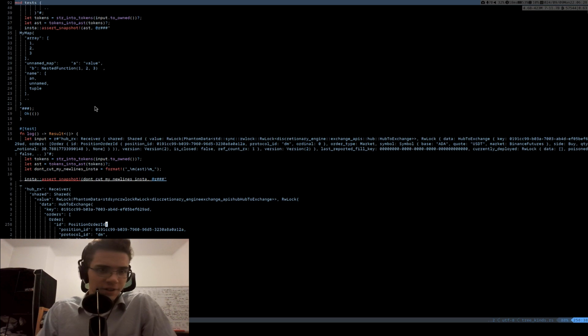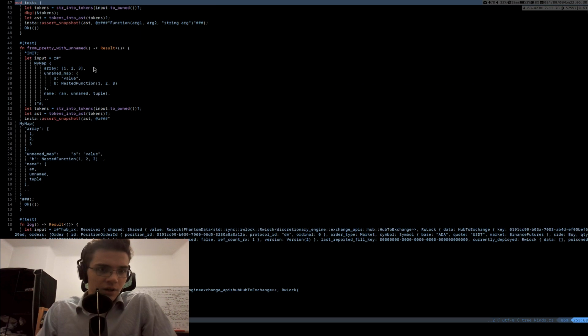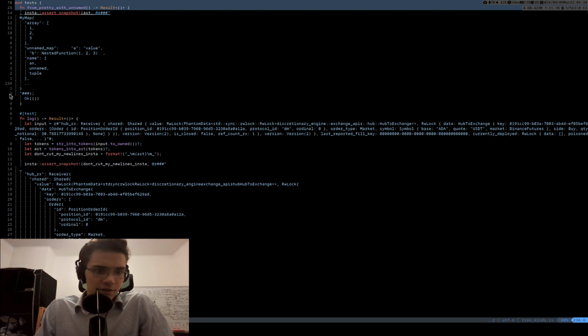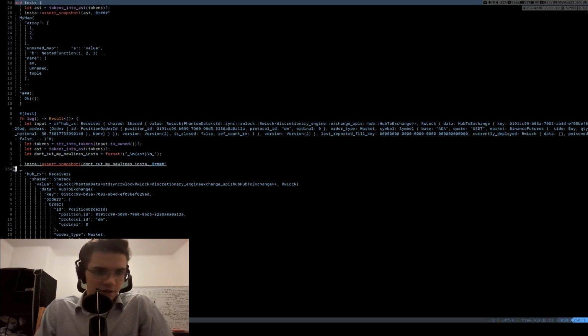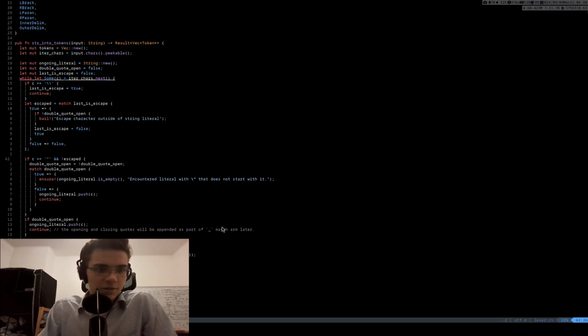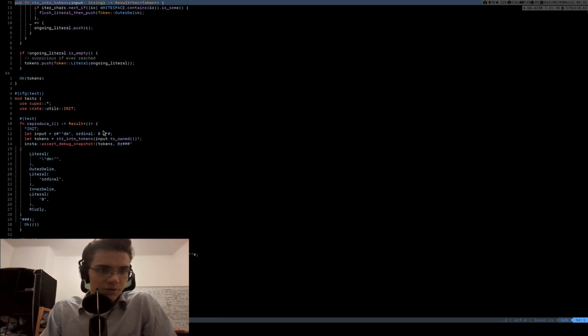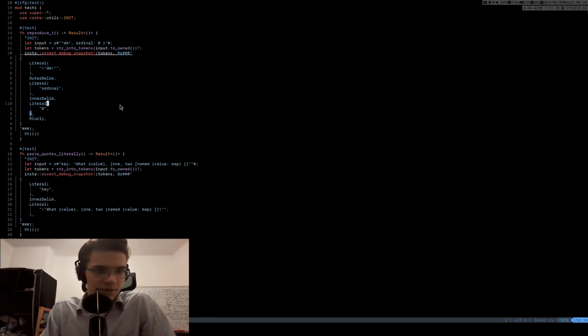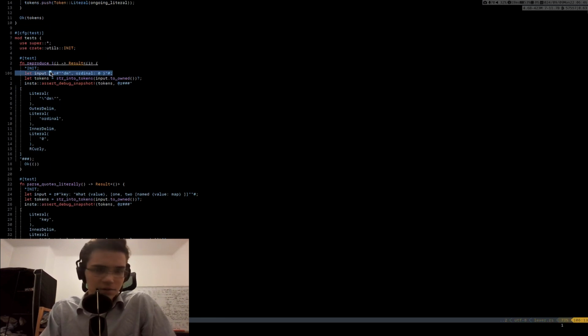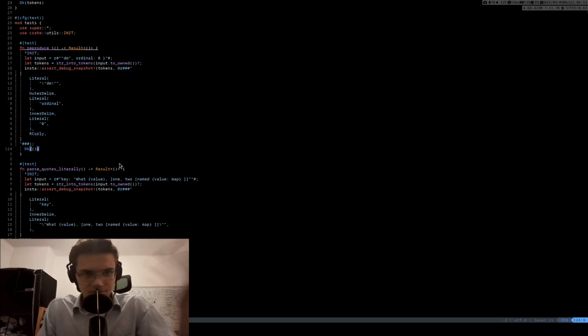So we just take them out like this, and then we expand it. Same thing here, we take them out like this, and then there we go, we expand it. I can actually show that, that's probably the best way to go. So for example, we have this literal, so we have this string, and it's going to become this